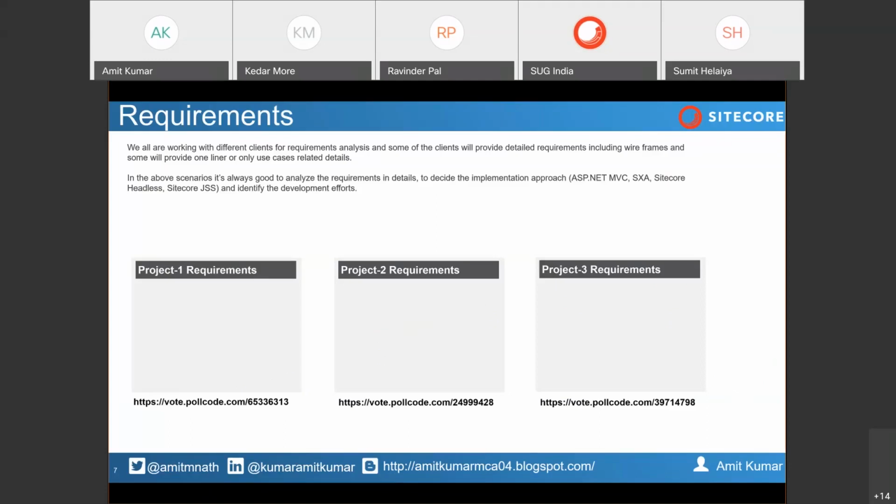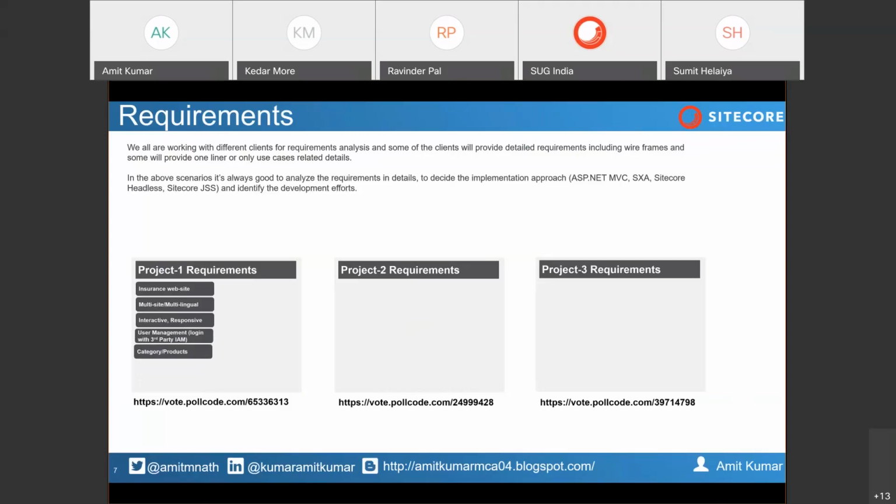For the project one requirement, you need to build an insurance website. In that you also need to support multi-site and multilingual features, and you need to make it interactive so that users can access the application with a smaller number of clicks. It needs to be responsive, and the IAM system needs to be integrated for the external user with a third-party IAM system, maybe Okta or anything.